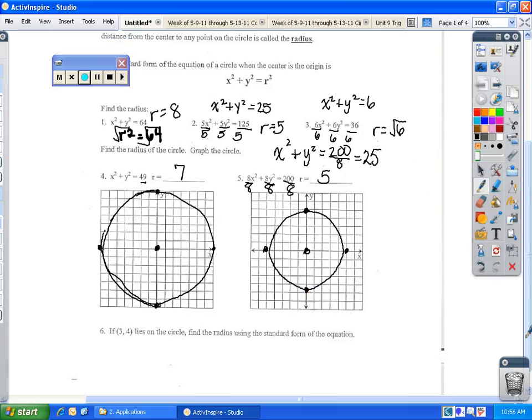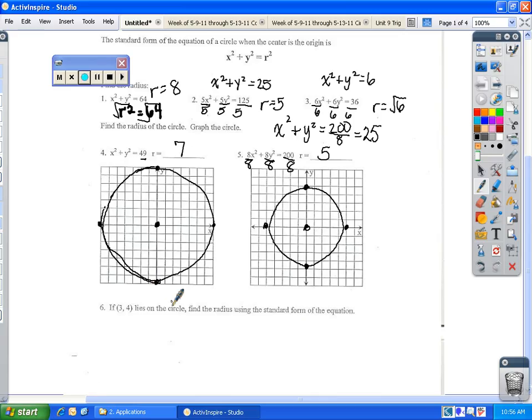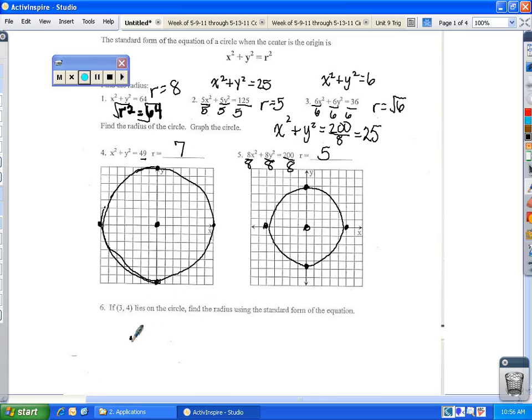Okay. And then for the last question, if 3, 4 lies on the circle, you want to find the radius. So therefore, you're basically finding the distance between 0 and 3, 4. And so to do that, you have to use the distance formula. So you're going to find the distance is equal to the square root